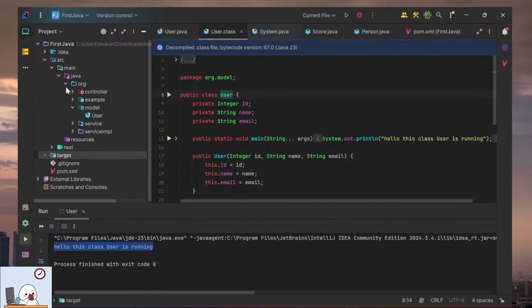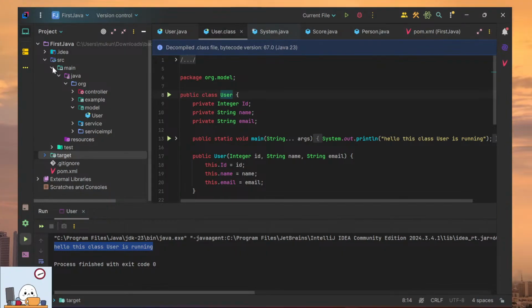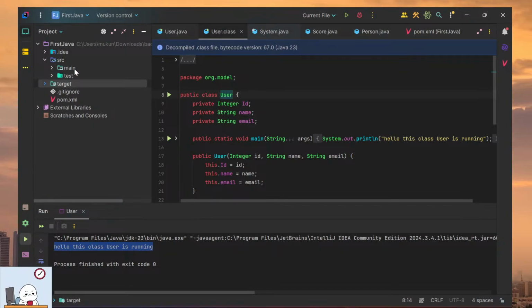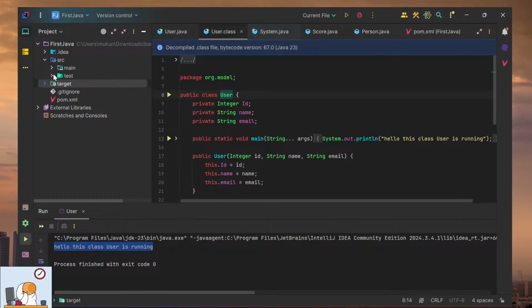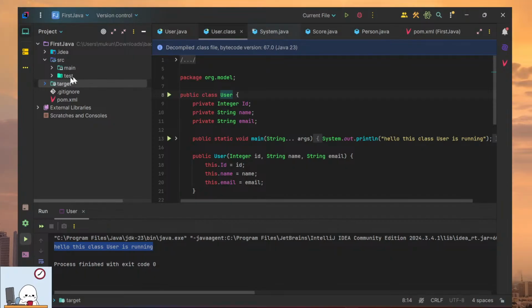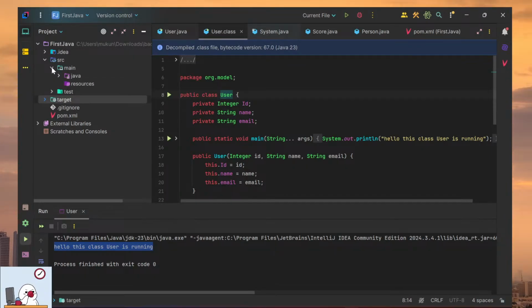So in source, we have main and test. Whenever we write our project and some files, we need to create some test files as well. But it is out of scope for this discussion to create tests, so we are skipping it. And inside the main,